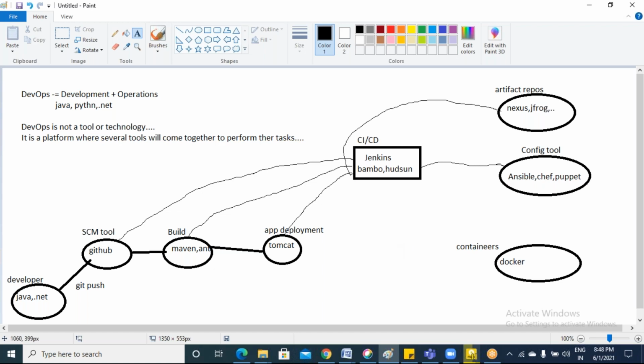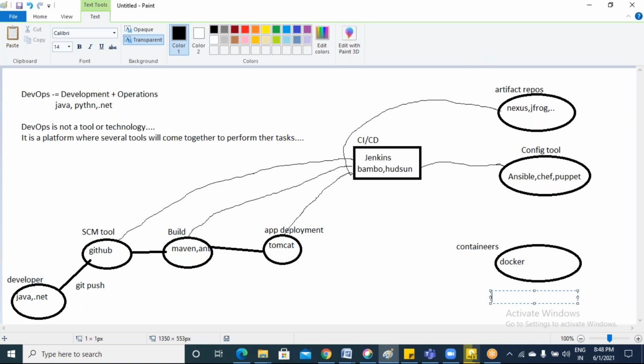So what containers will do, what Docker is doing, is providing the facility to us. Instead of buying all these servers, Docker has the ability to build multiple servers inside one server itself, depending on the machine capacity. For example, suppose I am using my Windows machine. Everyone knows that a Windows ISO file is about 3.2 GB.